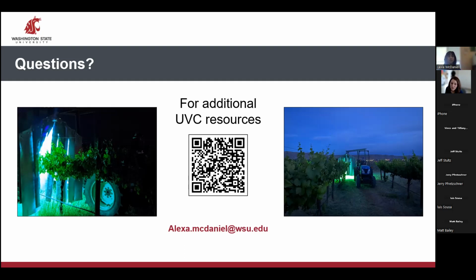Okay, next question. Do you think this technology could be used with table grapes with a plastic cover? So I believe it could be used in table grapes. I'm unsure what the plastic cover is. With our Concord grapes, well, those aren't table grapes, there's very minimal management to those grapes, and they have that big canopy up top, and then the grapes sit underneath. So we're able to really focus the light underneath,